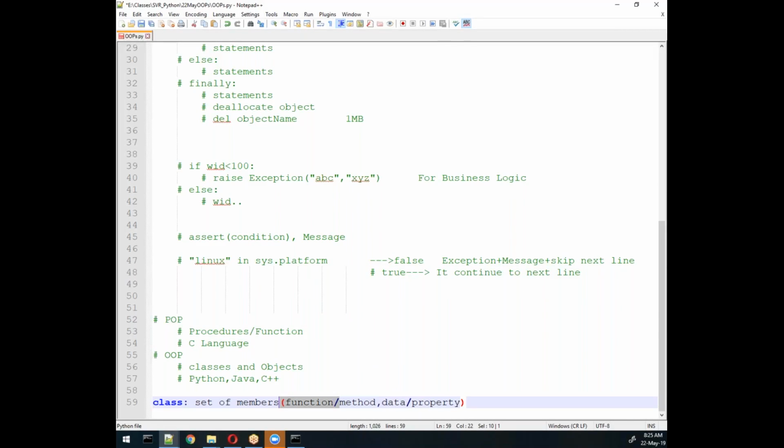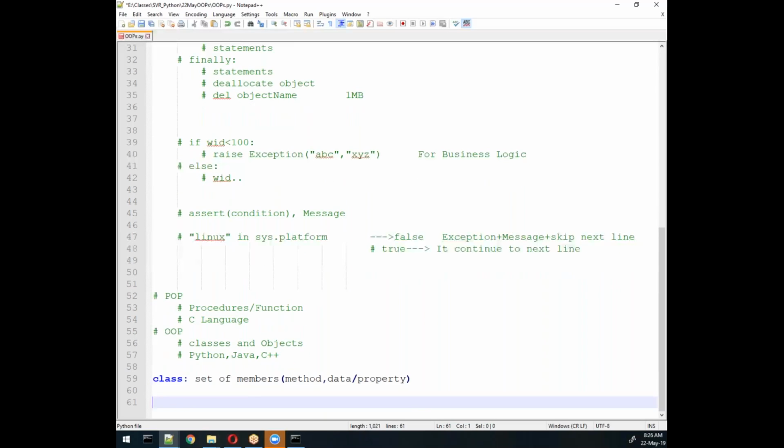Remember, technical experts will say that a class contains methods, whereas an individual method is called a function. Sometimes they will ask you a tricky question also. Suppose, what is the difference between method and function? So function is